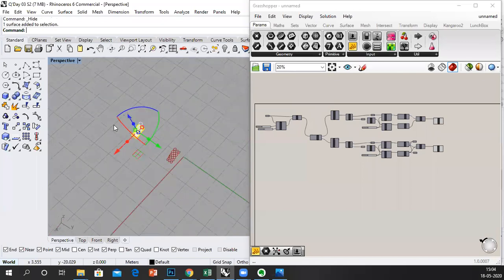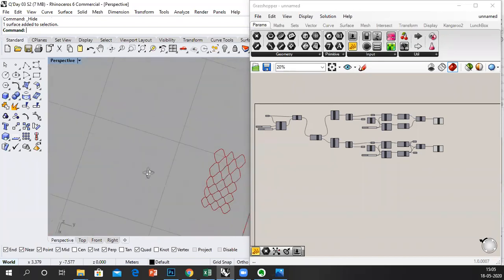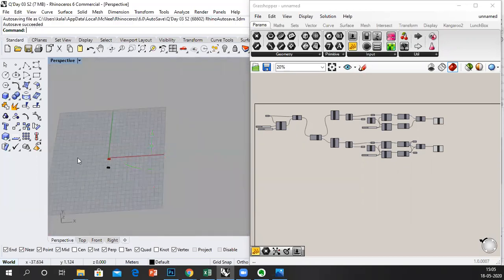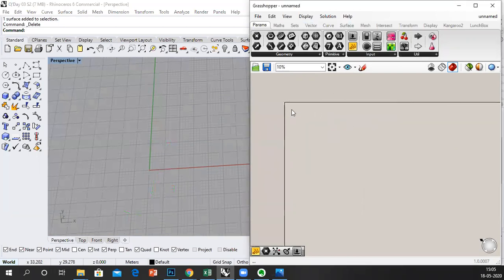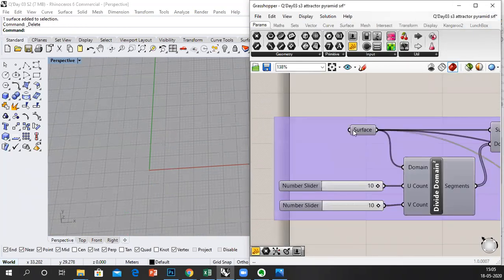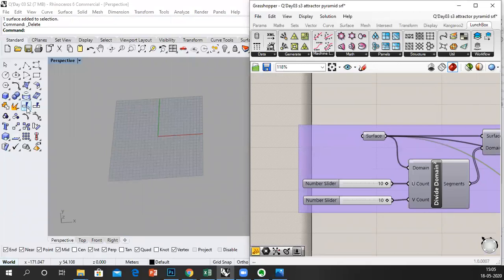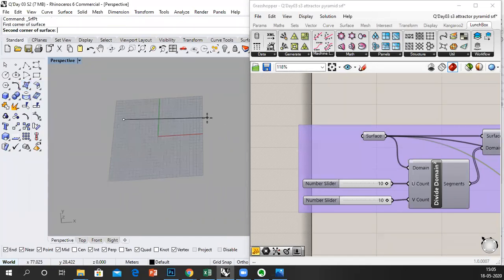So in session 4 we are going to look at Voronoi. You would have already seen Voronoi, and it shouldn't be a problem, just that since we're doing the pyramid extrusion, it would be better if we do the same pyramid extrusion but with respect to certain aspects. Say I'll go back to our attractor curve work. Lunchbox I would have already told you to install. I'll just make a fluid surface. First we'll look at hexagon, and then we'll do it for Voronoi.